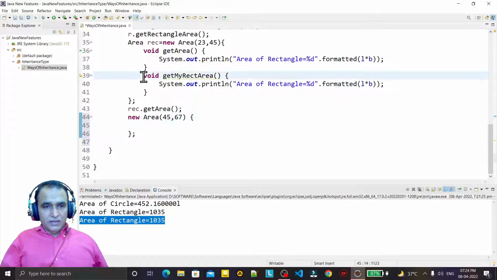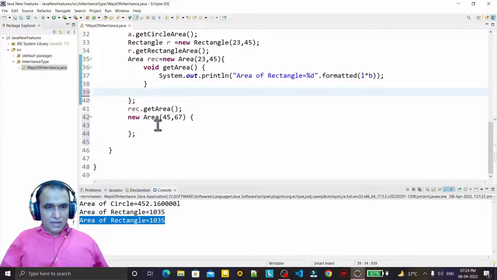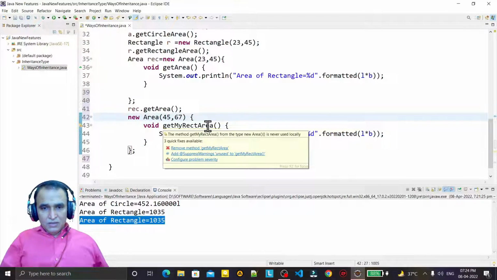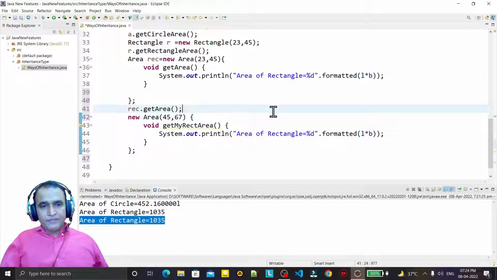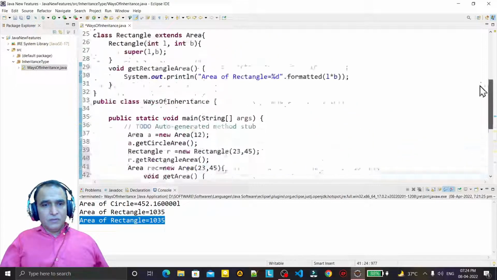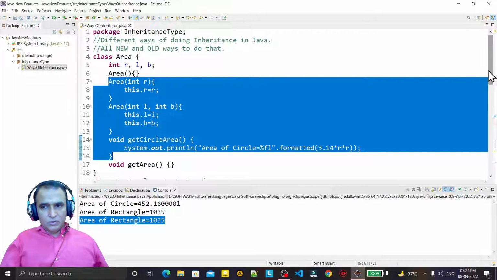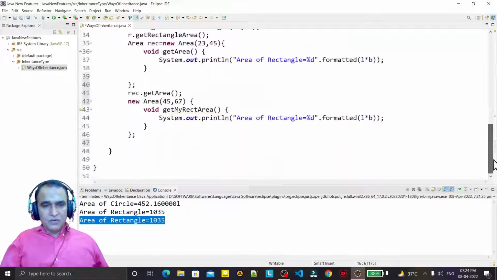Now I cut this line of code and I paste here, and remember that this function is not available here. So that means I created this as a new function to calculate the area.